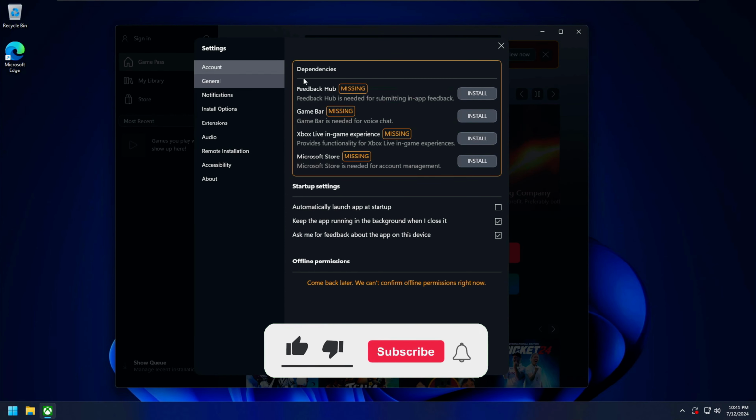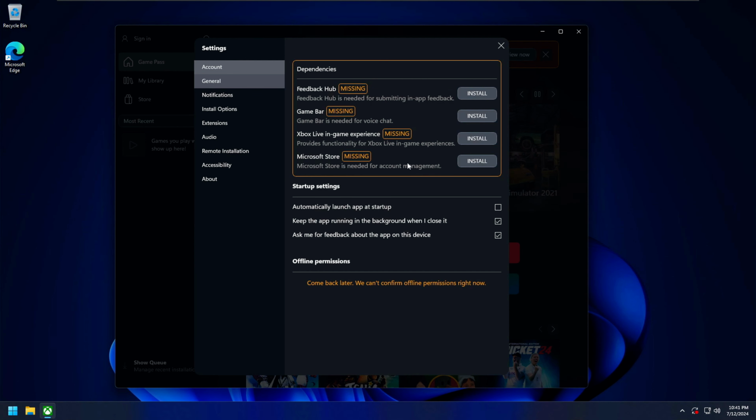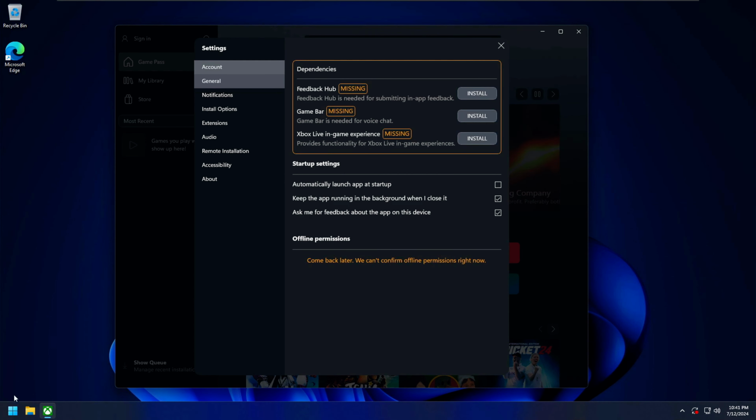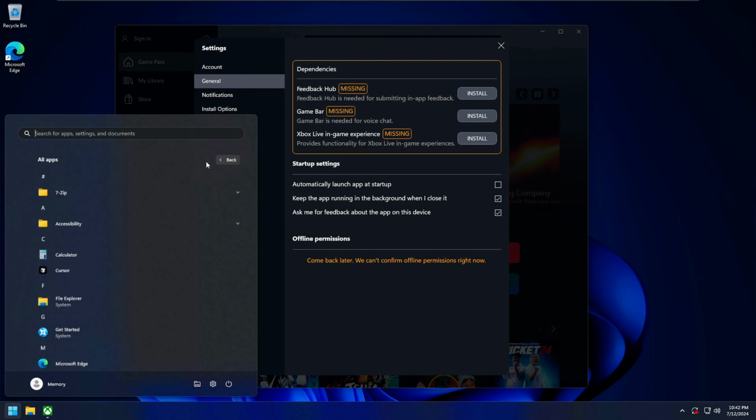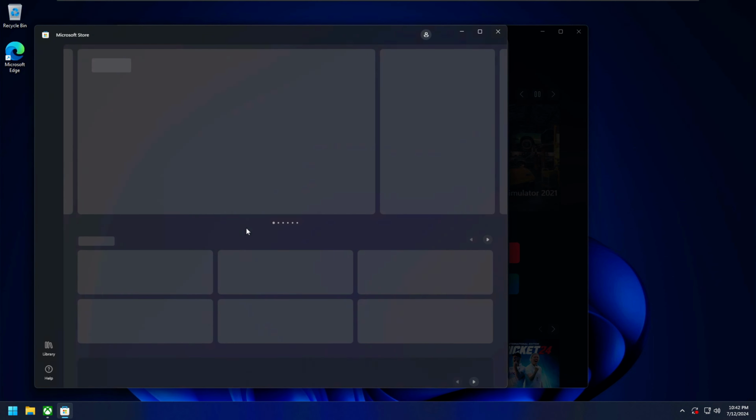Now you'll see a list of all of the dependencies for the Xbox app, and one of them will be the Microsoft Store. Click on the Install button next to the Microsoft Store to start the installation. It might take a few minutes, but when it's finished, you should see a notification saying that the Microsoft Store was just installed. Now you can go ahead and open the Microsoft Store and use it on your Windows 10 or 11